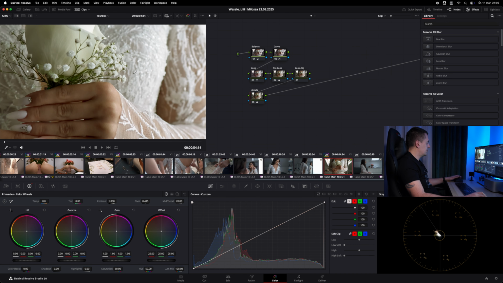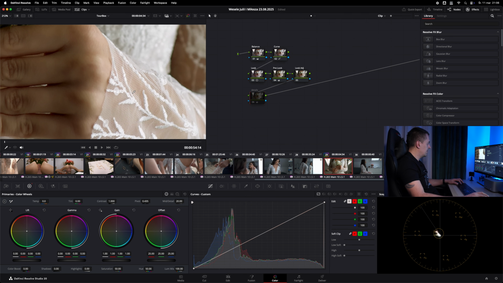And now we can check how much detail we add. Look here on the dress. See the difference? It's doing a good job with the very small change over here.